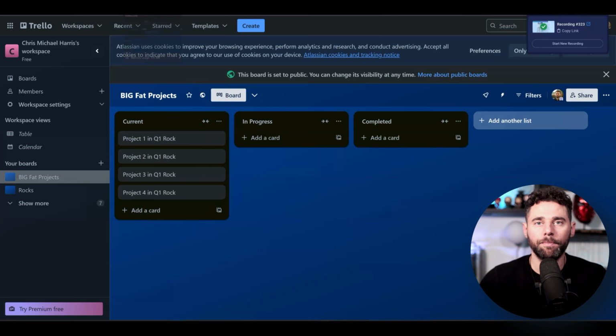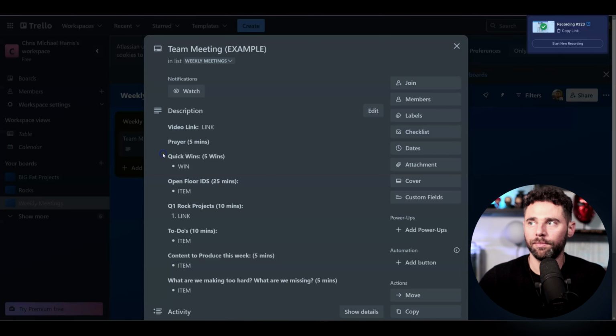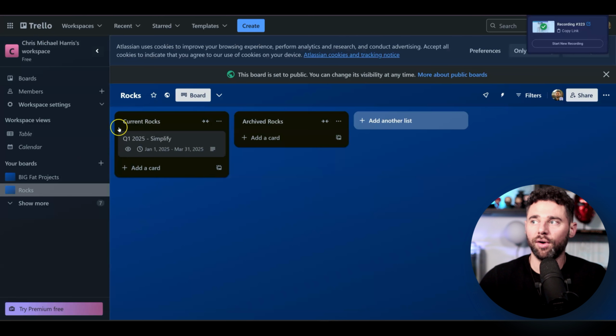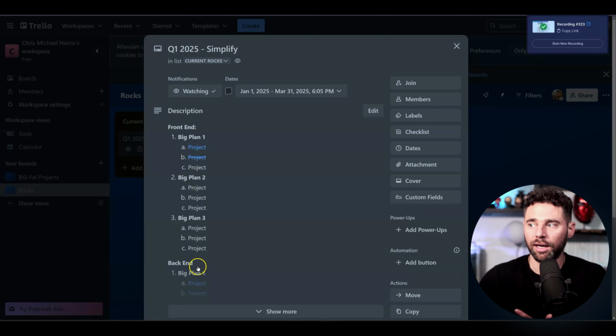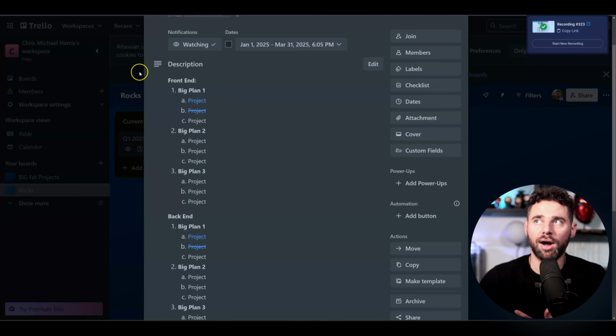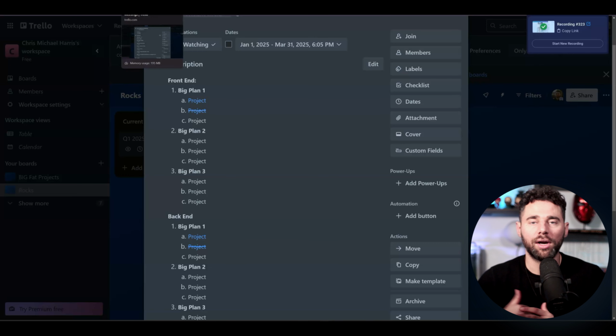And then what we do is we take it down to the meeting level. So what we'll do is, great, here's our big overarching initiatives that we have. Now, these are the projects. These are all the things you need to get done to move that initiative forward. But each one of those is going to have tasks. So as you're moving the needle forward on each one of these projects to achieve the goals in those big initiatives, you're going to have a weekly ongoing discussion with your team, or at least a way for you to assign tasks to yourself or to your VA or whoever you're working with. Even if it's just yourself, it's a good way to keep your thoughts in order.